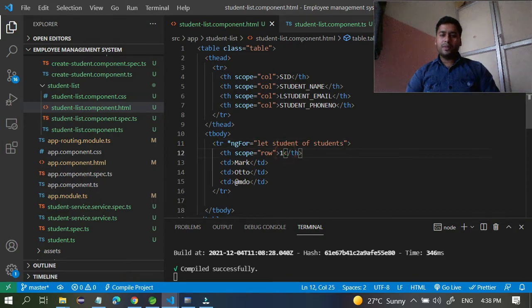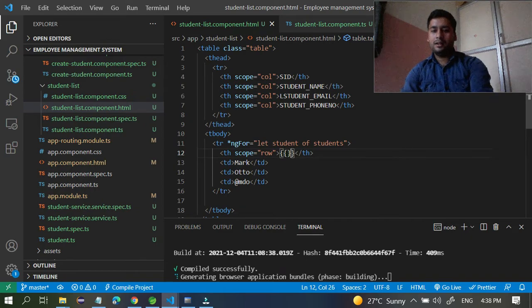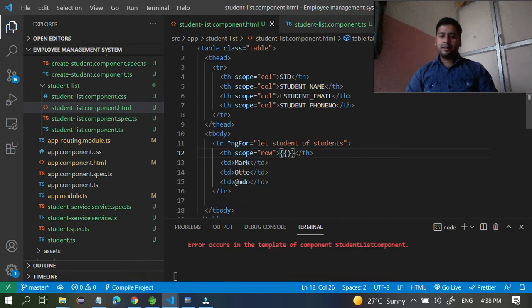How can you display? Here you have to write double curly braces, because I am giving double braces, one for the object and one for the data.